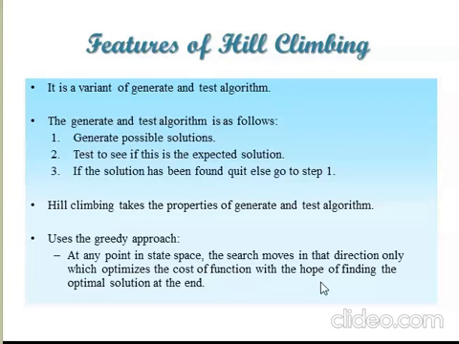If it is not the goal state, we have to generate the next state, and we equate that state with the goal state. If it is not found equal, we have to generate another state. So this process will be continued until we reach the goal state. That type of algorithm is known as the generate and test algorithm. The property of this will be used in the hill climbing search algorithm.